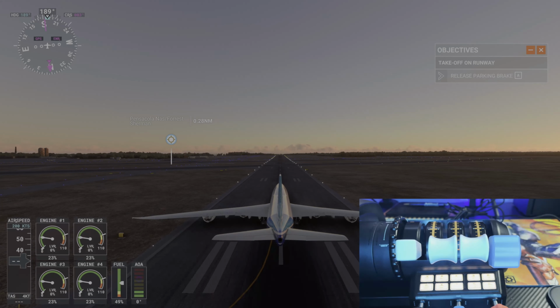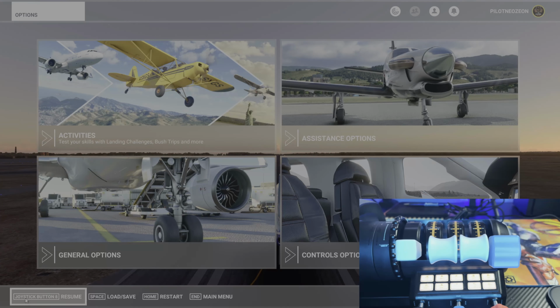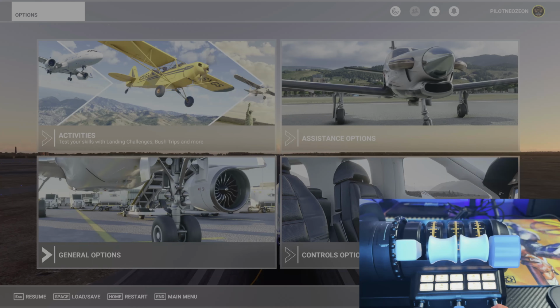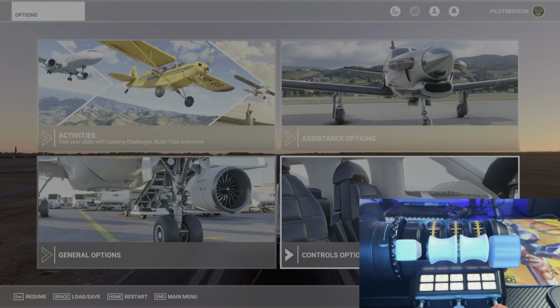I don't have air brake assigned to any buttons. If air brake is not on a lever, I'm just going to do it in the plane, because fully extending your air brakes, when that's your only choice, that can get you in a situation of slowing down too fast or getting too much. But let's go to my other way, which most of y'all, I think, would probably prefer for now, and that is